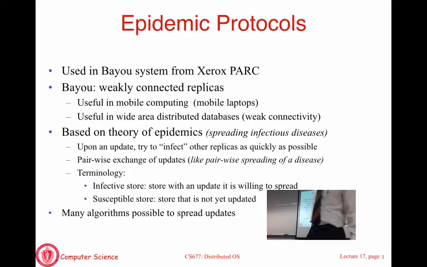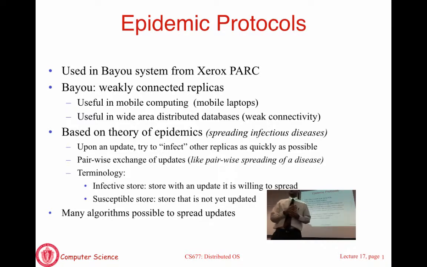What we were talking about last time was a whole slew of consistency semantics and consistency guarantees. We started with strict consistency. We looked at several weaker forms of consistency, and towards the end of the class, we were talking about eventual consistency. Eventual consistency basically means that the system doesn't try to give any guarantees to the user about when, if some data is changed, it propagates to all of the replicas. The idea is eventually all of the replicas will receive the updates, but there are no guarantees how quickly the updates will propagate. So that's the notion of eventual consistency.